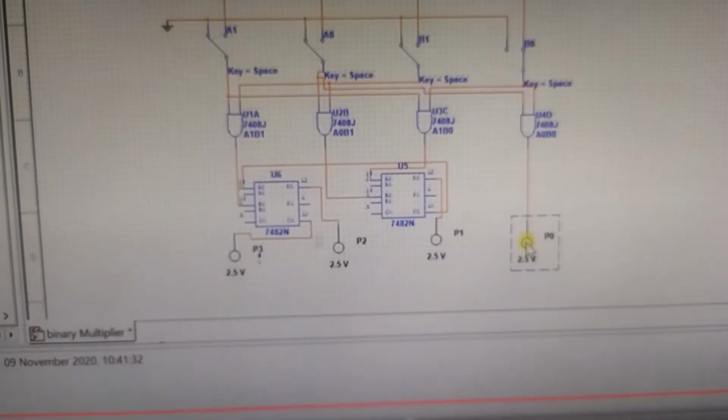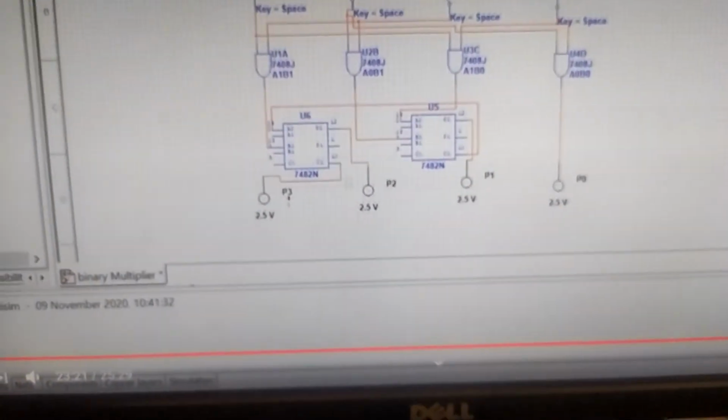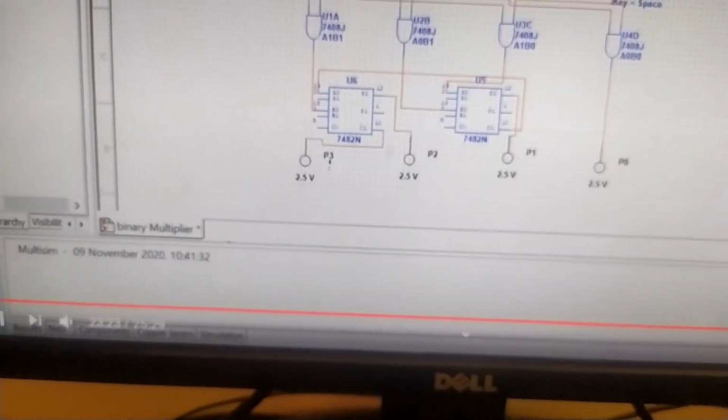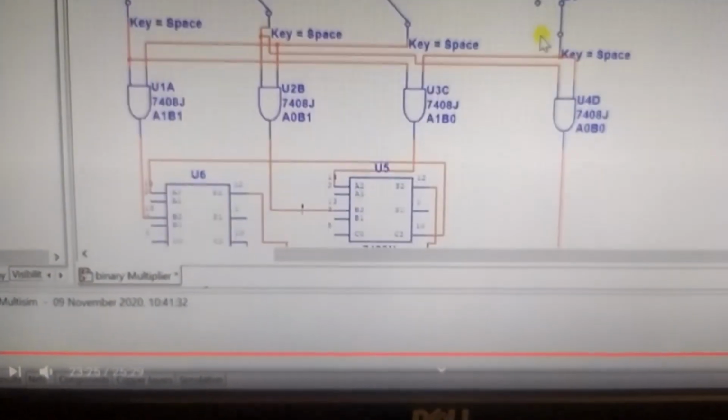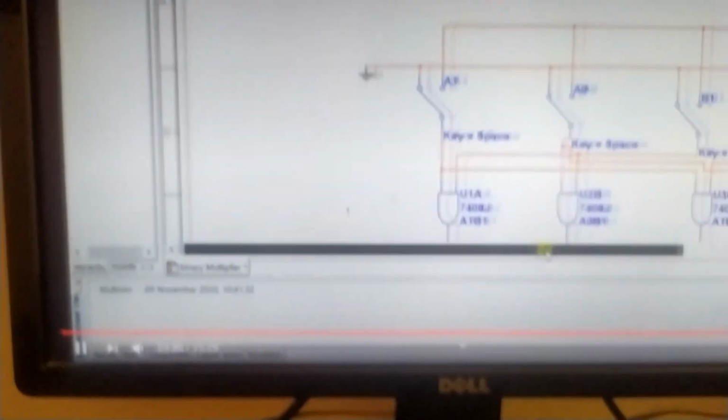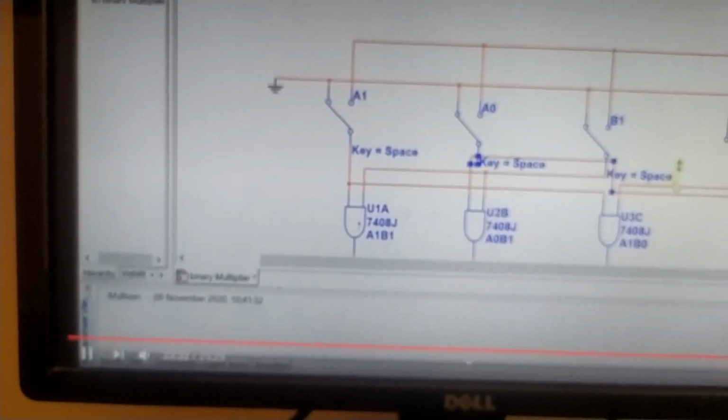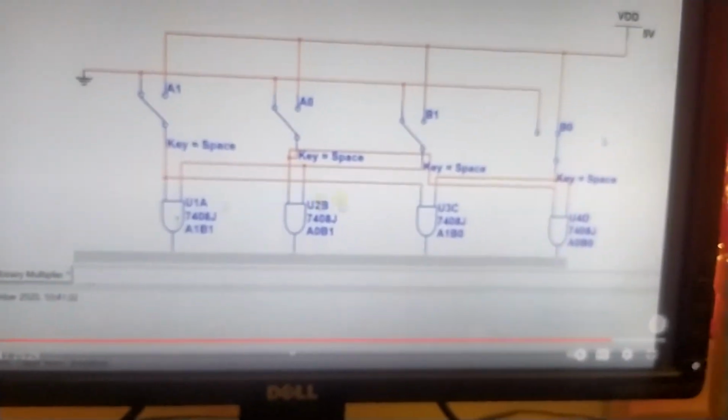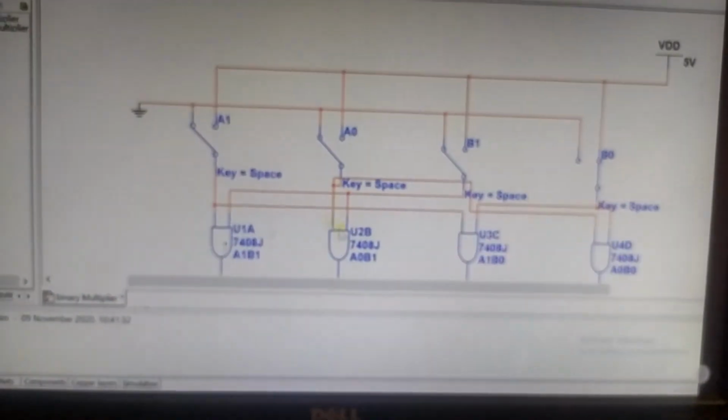Once the simulation is set up, you can give the inputs A0 A1 with B0 B1 and check the output combinations. Whenever the green LED indicates 1, that is logic 1. If the green LED does not light, that is logic 0.